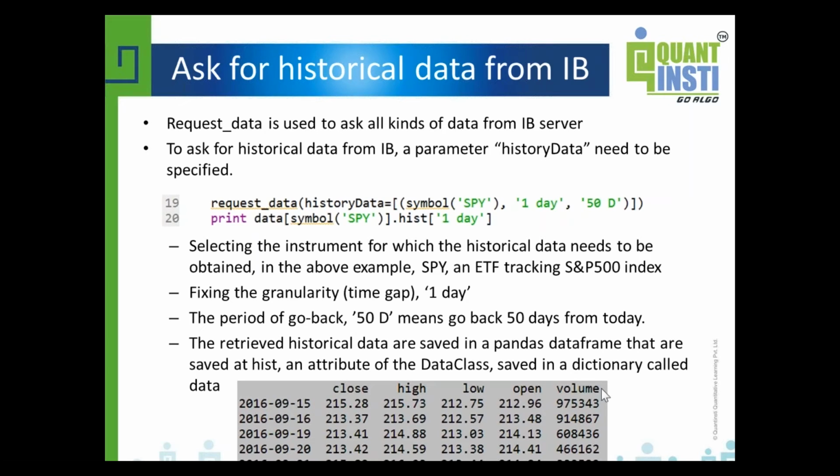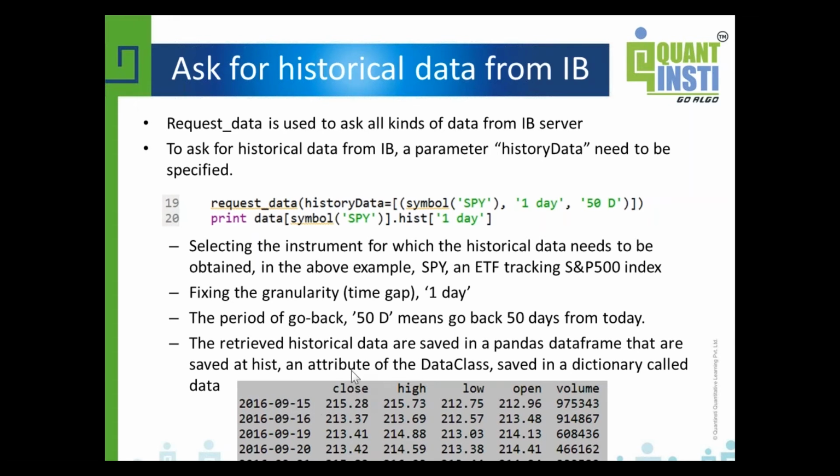So the retrieved historical data will be saved in a Pandas data frame, as shown in the bottom part. The first column is the time. This one is daily data, so you will see only the day, and if you ask for minute data, then it will show minutes. Then there are 5 columns: close, high, low, open, volume.